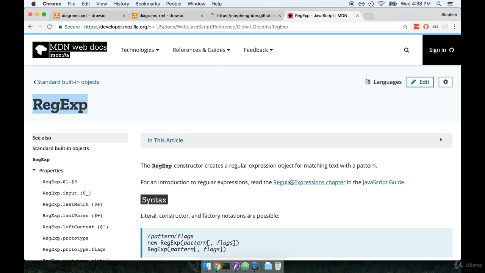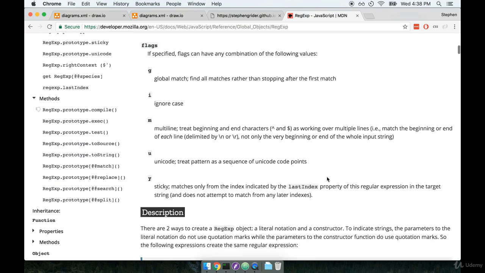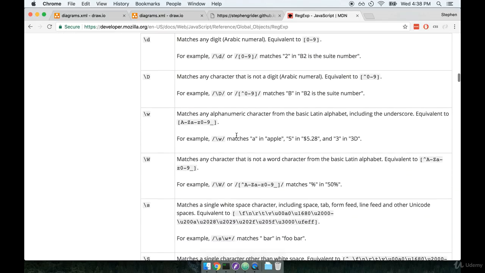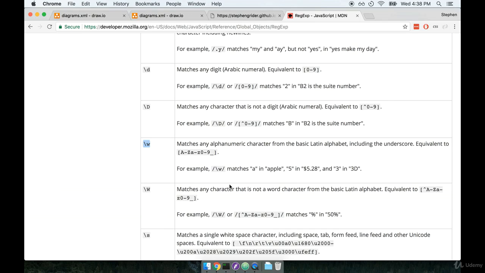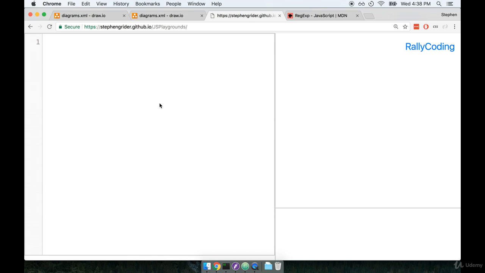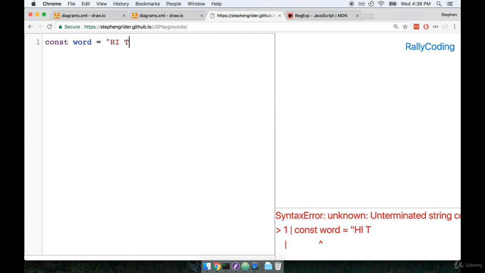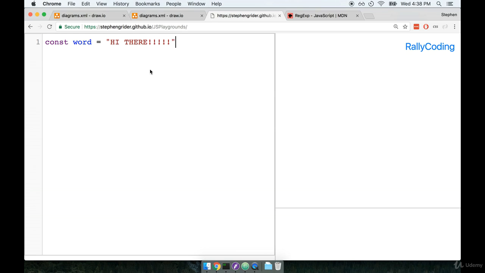from a given string. So in this regex article, I'm going to scroll down a little bit, and one of the items inside of here, right here, so \W, specifically shows us how to match only characters and completely disregard any type of space or any type of punctuation or other symbol for that matter. So let's see an example of this in practice. As a quick example, let's say maybe we have a string called word, and it is the string hi there. All capitals with a lot of exclamation marks and a space in between right here. So we can very easily remove the space and all the exclamation marks from this thing by calling word.replace, and